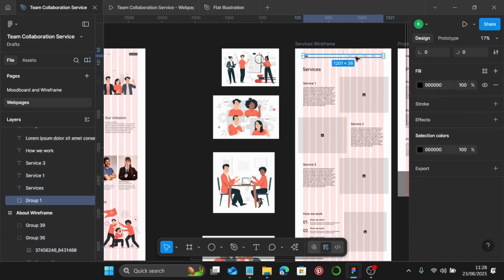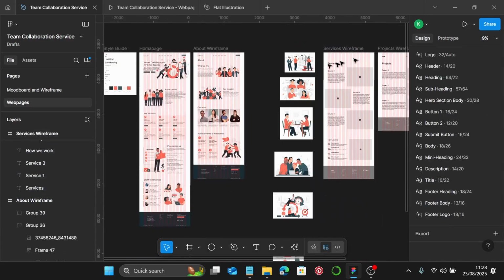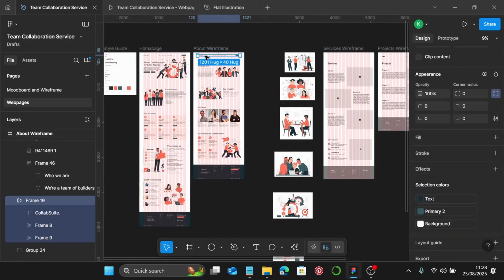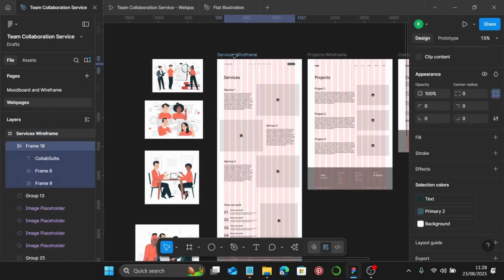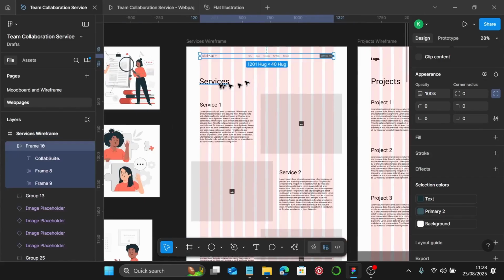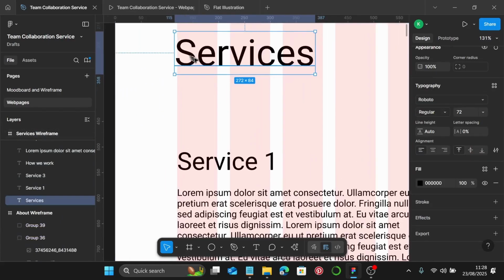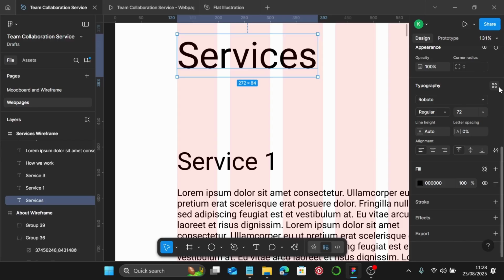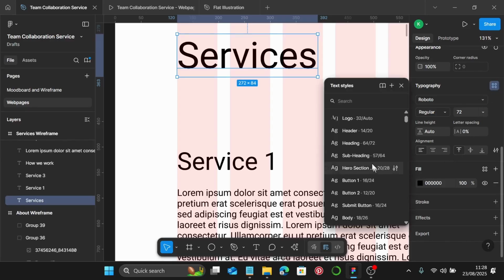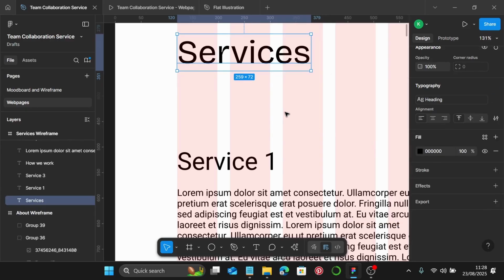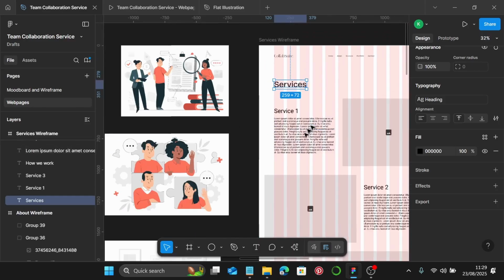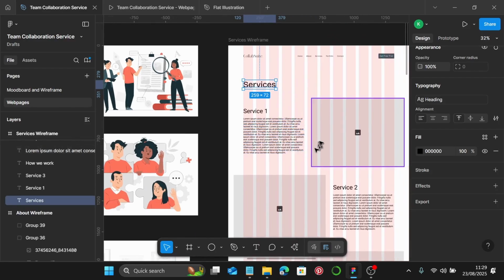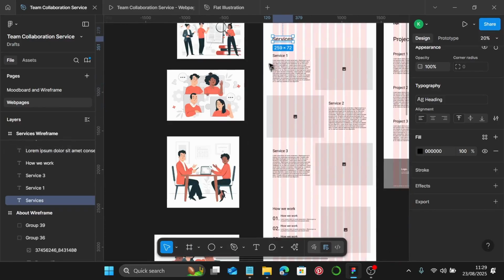So I'm going to start with this header section, delete, and I'm going to copy and paste that header section there. Select these services. I want to make sure it's aligned to that column on the left. I'm going to change this to heading. Let's start with our first service. After the service there's a bit of text, so I think I'm going to have to